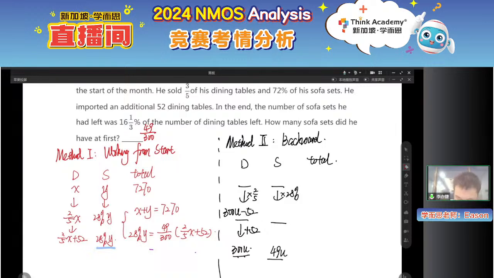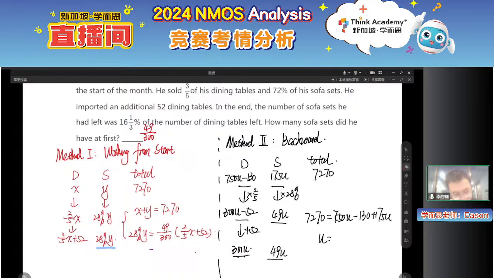Then we trace this back to becoming 715u, then minus 130, right? And then because this is 49u, and so we have the 49 divided by the 7 and the 25. 7 times 25, which is 175. So the total 7270 would then equal to 70u minus 130 plus 175u. Much better. For which we can solve out the